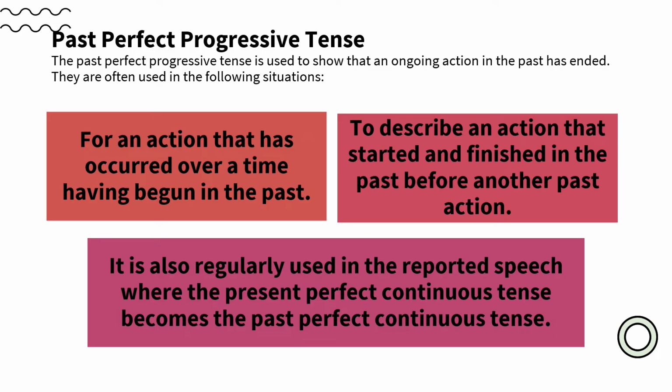Past perfect continuous tense or past perfect progressive tense. The past perfect progressive tense is used to show that an ongoing action in the past has ended. They are often used in the following situations: for an action that has occurred over a time having begun in the past. To describe an action that started and finished in the past before another past action. It is also regularly used in the reported speech, where the present perfect continuous tense becomes the past perfect continuous